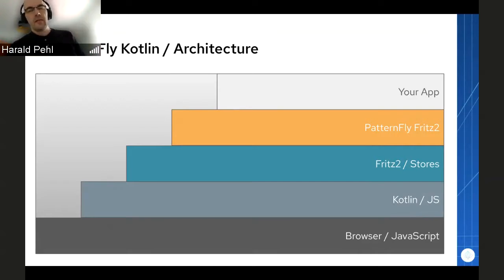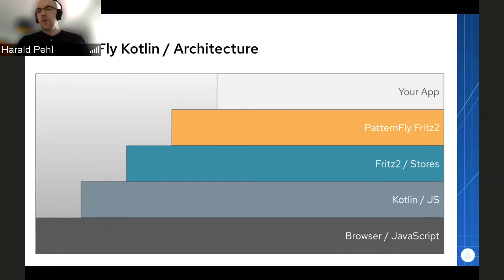And on top of that comes the library I'm working on, which is called PatternFly Fritz2. This is basically an implementation of the current PatternFly components in Kotlin. So we will see how this looks in a minute. And then on top of that comes your application.